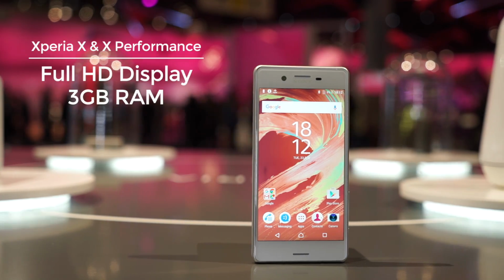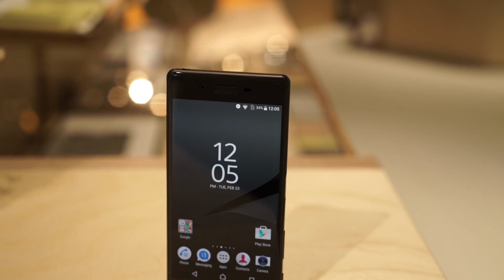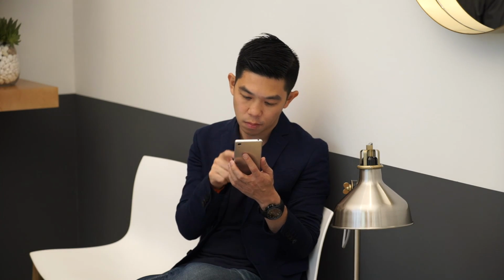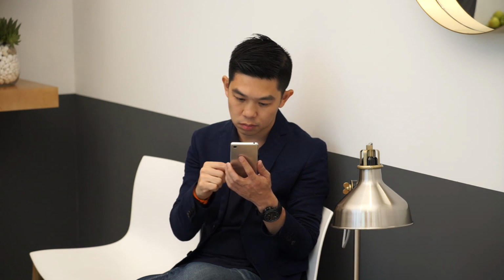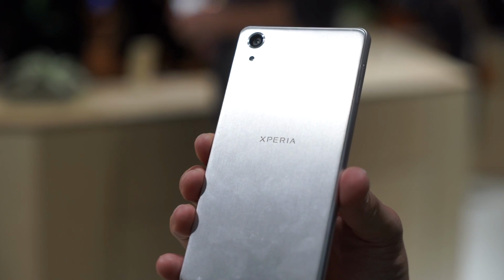Both phones have higher resolution displays, more RAM, and better processors. The XA processor is powered by MediaTek, the X by last year's Qualcomm Snapdragon 650, while the X Performance has the latest Snapdragon 820. The X Performance, being the most premium variant, is sadly the only one that retains the signature feature of the Xperia Z line, waterproofing. The phone has an IP68 rating, meaning it will last up to 30 minutes underwater, up to depths of 1.5